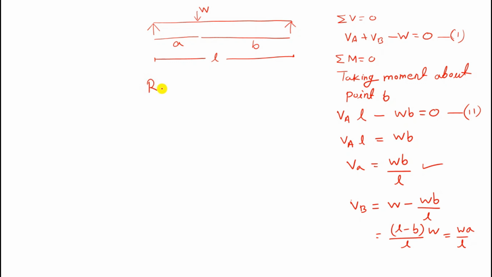Reaction at point A, or VA, whatever it is, equals W B by L. You can see W multiplied by B by L. Okay, this is W multiplied by B by L, or we can write this as W multiplied by (L minus A) divided by L. Now